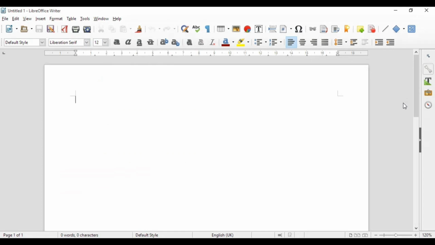Now, one way to save your document as a PDF is to create it in LibreOffice or OpenOffice Writer. And this is a free open source software package. And it's similar to Microsoft Word, but it does allow you to save directly as a PDF straight from here in the toolbar. Now, I know that there are some versions of Microsoft Word that will let you save as a PDF now, especially the subscription versions, but this is free and you can download it from